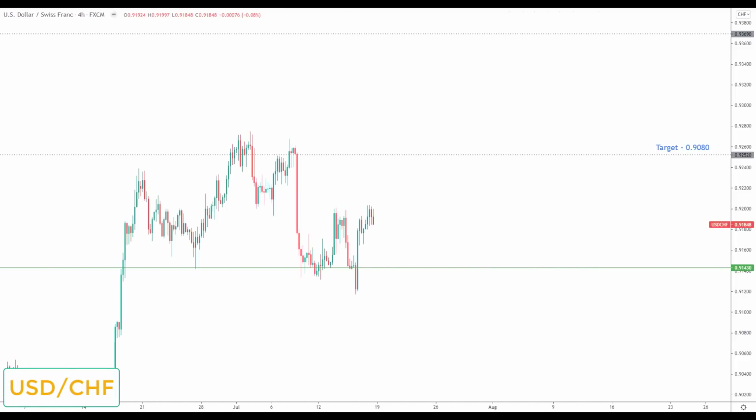Next is US dollar Swiss franc. Now, this is the chart I wanted to show you guys because it looks like we are stuck in a range. We're kind of moving sideways in this market, and it looks like we're forming an inverse head and shoulders, potentially at the bottom of this range in US dollar Swiss franc. So any pullback would be viewed as an opportunity to look for bullish reversals into the next key area of resistance, which is more or less the top of the range here, at the 0.9080.